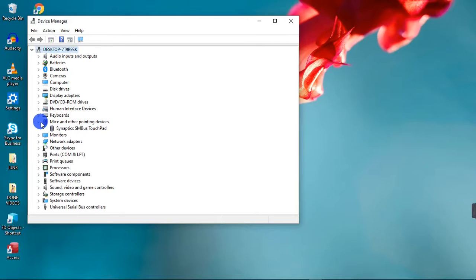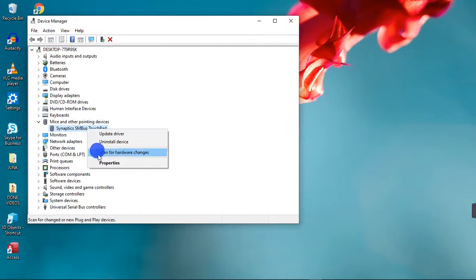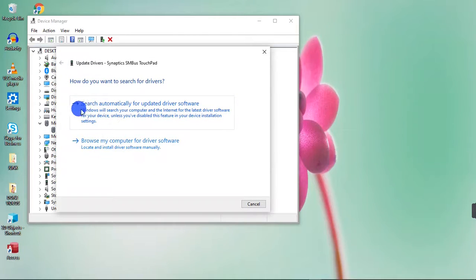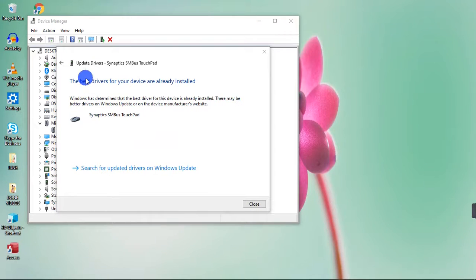So you're going to click on it, and then you see the Synaptics SMBus touchpad. So you're going to right click on that, and then a list of options drops down. Then you're going to hit this update driver button. So this window comes up. So you're going to hit on search automatically for updated driver software. So when you do that, the driver is going to update, and when it's done updating, you're going to close